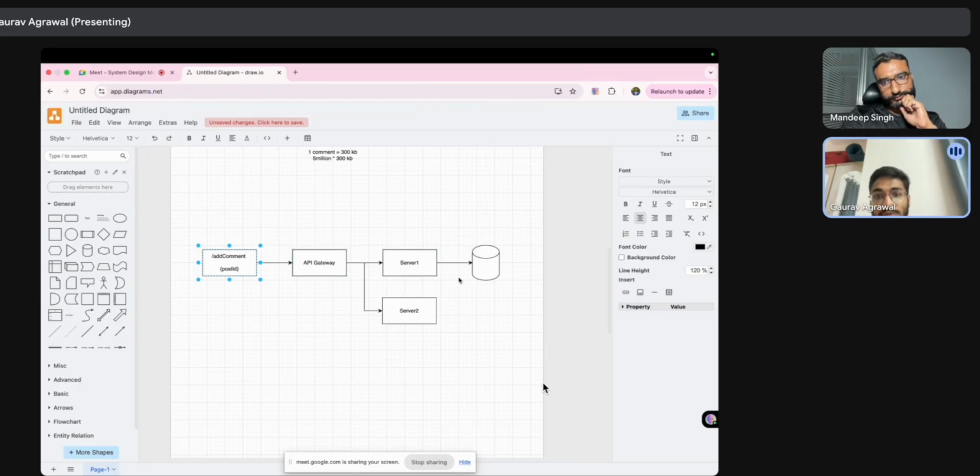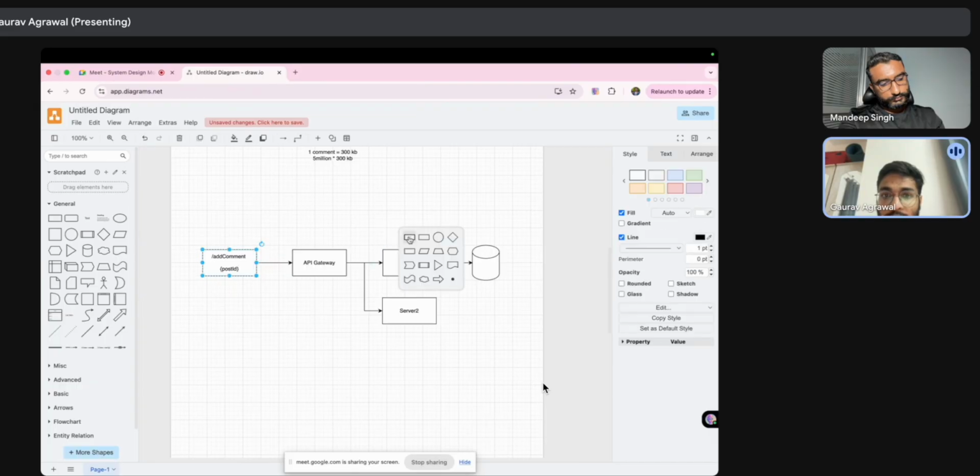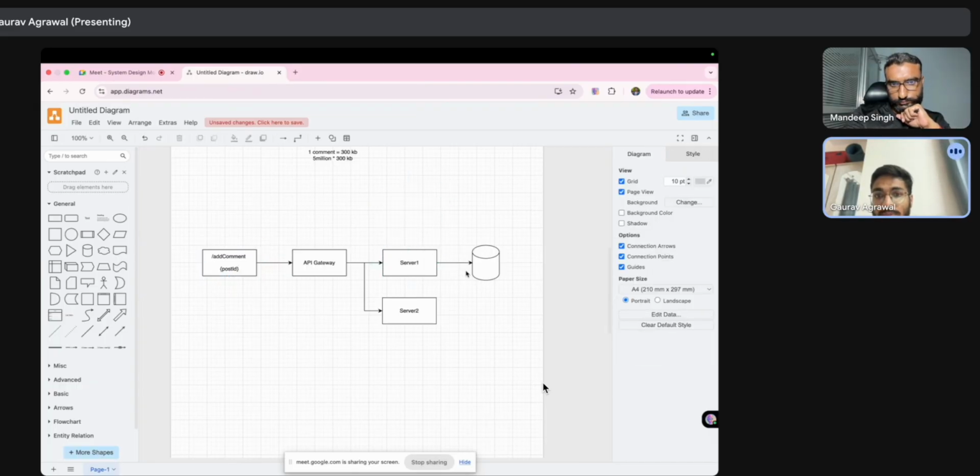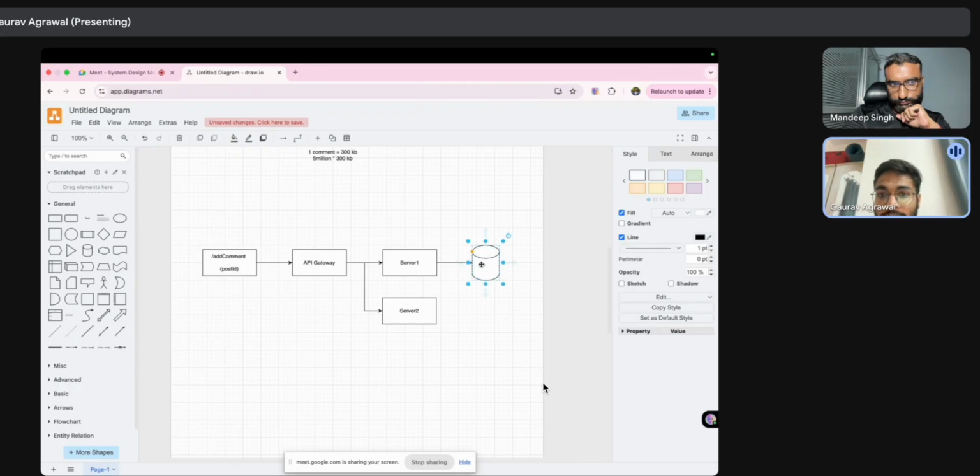Based on that post ID, the server is going to fetch the post.